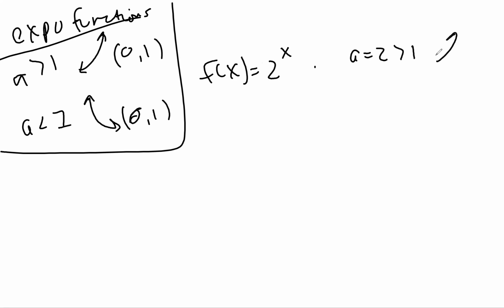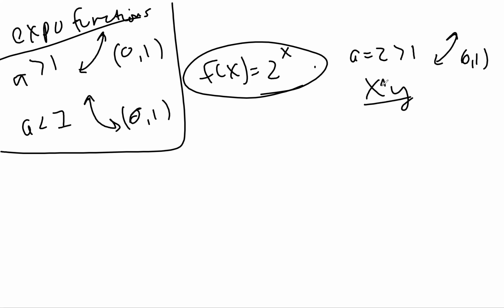And so because of that, it's going to be increasing and it's hitting the point 0, 1 for sure. And then I say, okay, well, are there any other transformations happening over here? The answer to that is no, no other transformations are happening. And so this is where I pick my x and my y chart. And remember, since we're just dealing with an exponential function, we choose the x values. Okay, we're not dealing with the log function, so we still choose the x values.